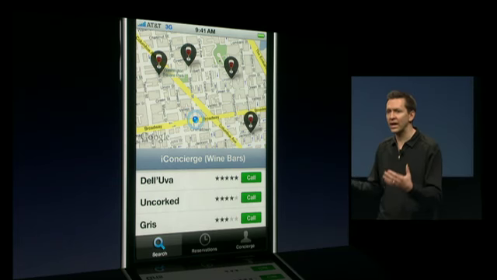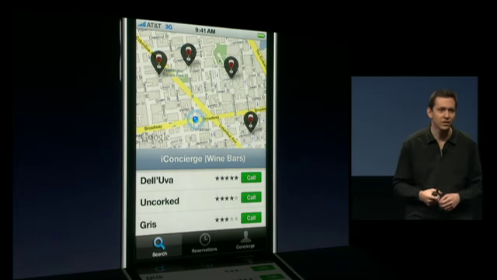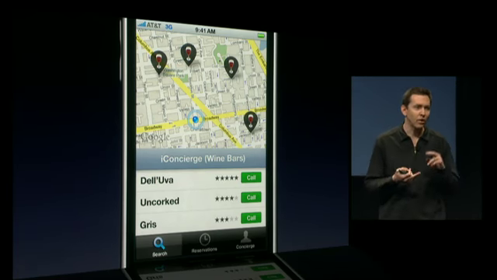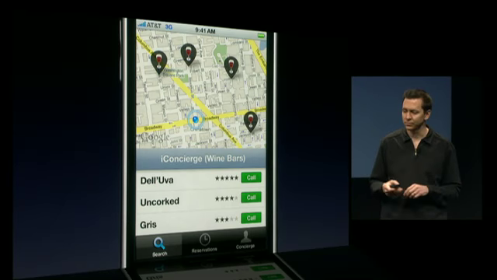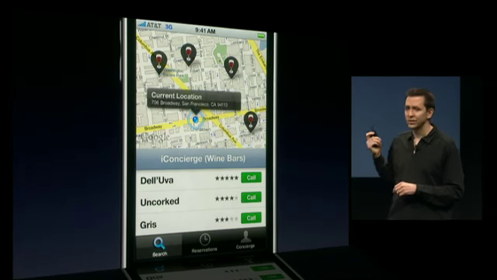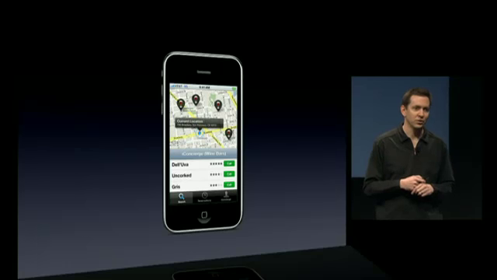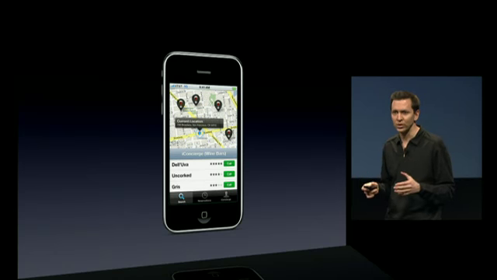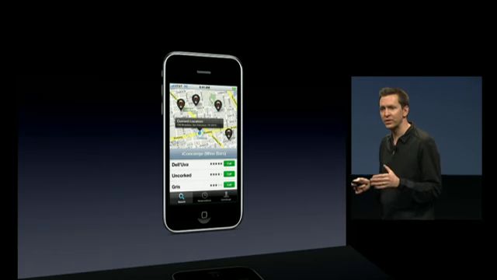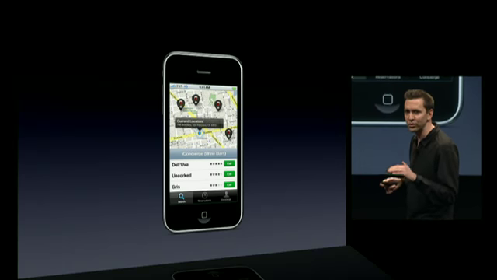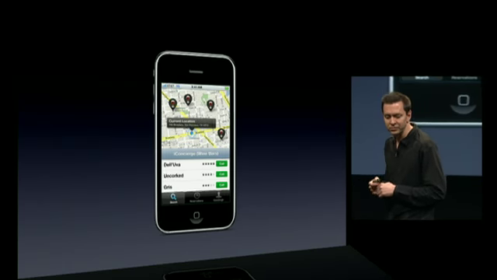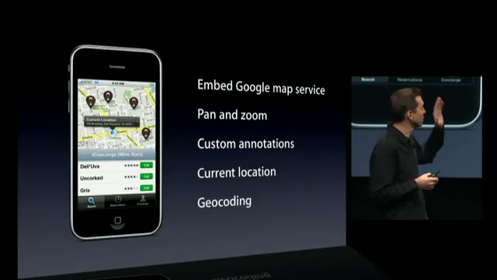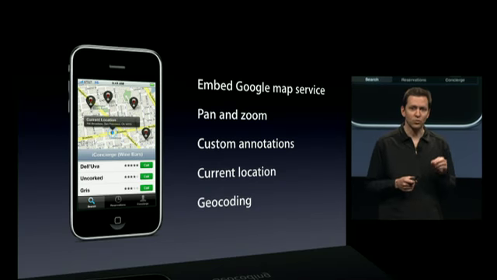You can add your own location in there, and it'll track your location based on GPS if you're on an iPhone 3G, and Wi-Fi and cell tower triangulation. And you can even reverse geocode your location. So, a Maps control using that Google Maps service that you can now embed directly into your application. We think this is going to be really useful. We know a lot of developers out there that would love to embed this Google Maps service right in their